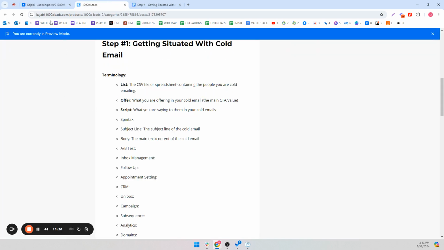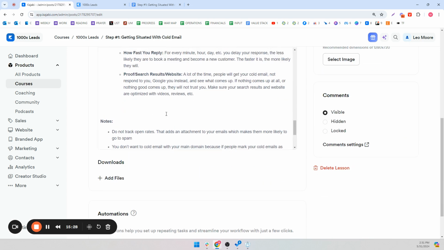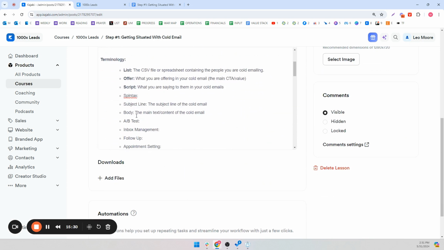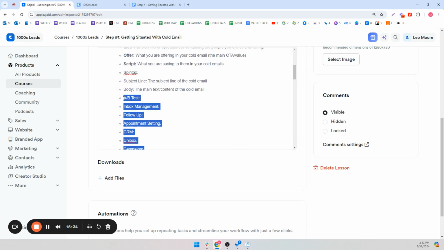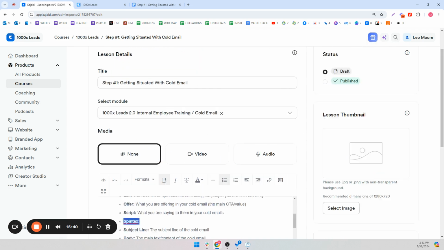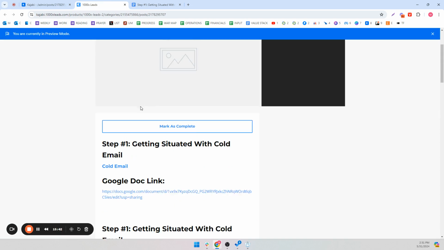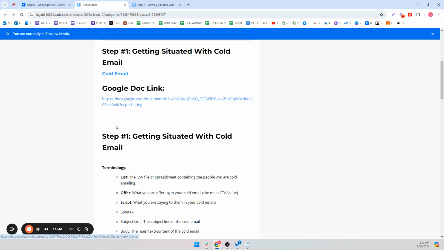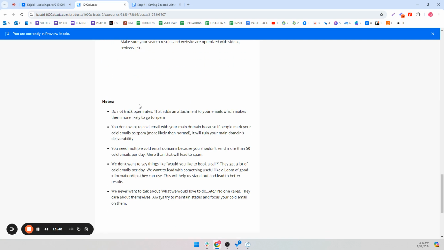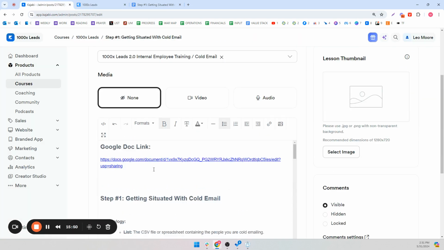So what you'd want here is you'd want it to look nice. Underrated. It's pretty important to look nice. So we have it all perfect like that. You would finish that, but I'm just going to do that after. You would have a video. You'd have a document. You'd have it in the description. And then you would have something